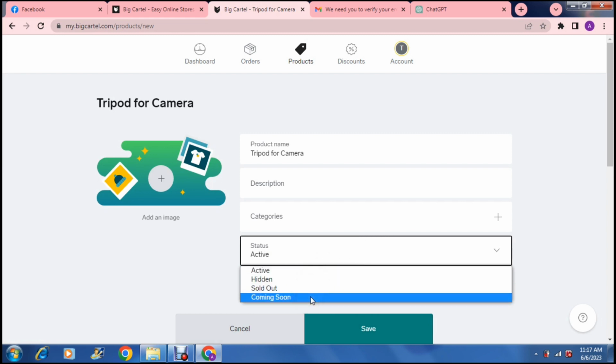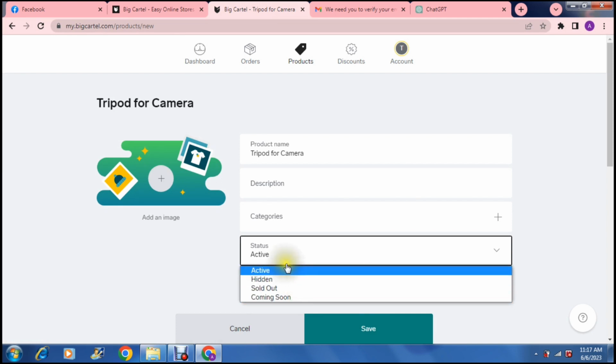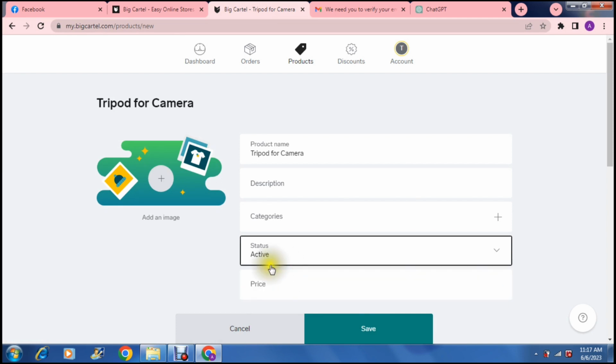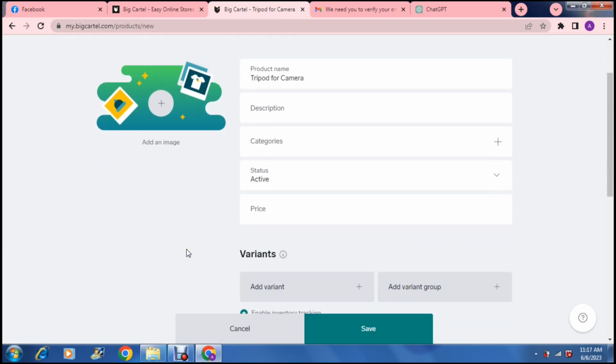And that depends on what the product status is. So we're going to just say active. And then we are going to upload a price. Now, this category section over here, you need to actually create, and I'll show you how to create that in just a minute. So our price for our tripod is going to be $50,